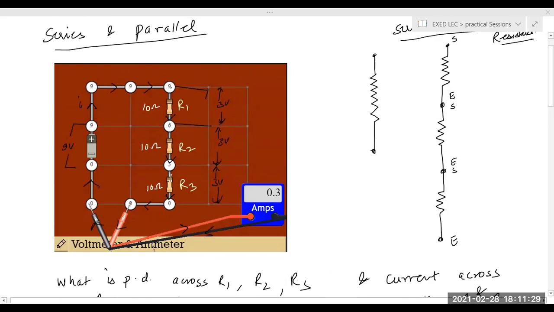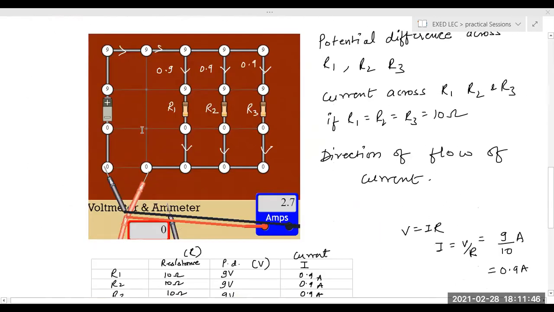So to summarize what we did, this is a connection in series. What was happening? You can see 3 volts, 3 volts, 3 volts. That makes it 9 volts. So in series connection, the potential difference of the battery is getting divided. Current remains the same. What's happening in parallel? Potential difference now remains the same. You can see 9 volts, 9 minus 0 is 9, in each case. But what is dividing over here? You can see current is now divided. This current 2.7 is dividing into 0.9, 0.9 and 0.9.